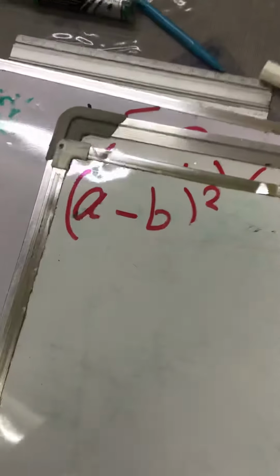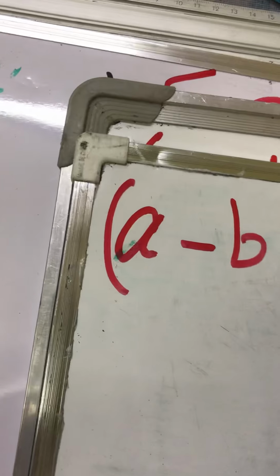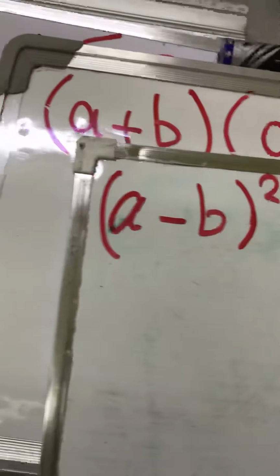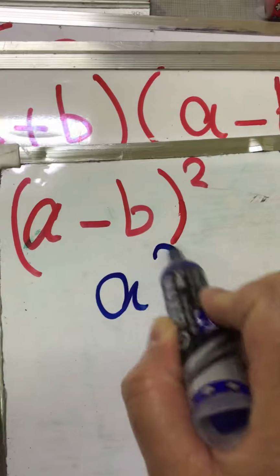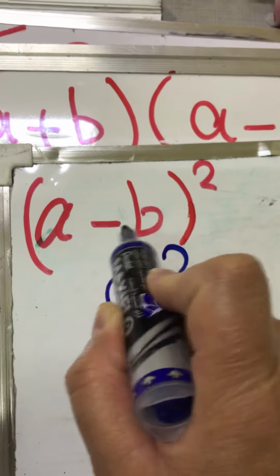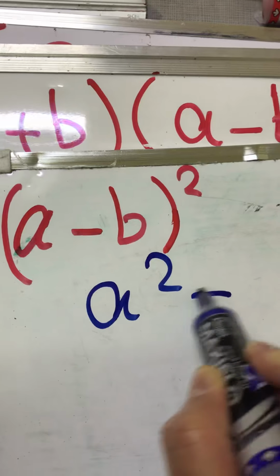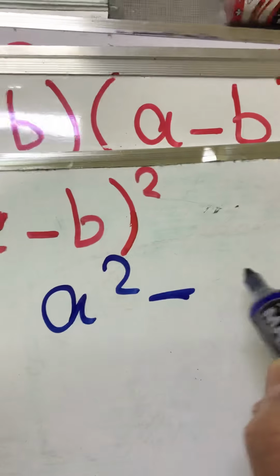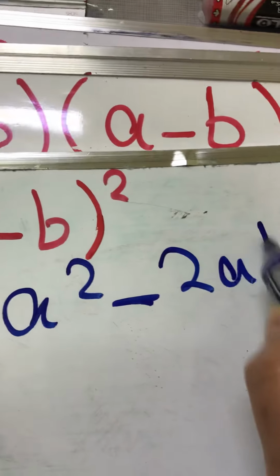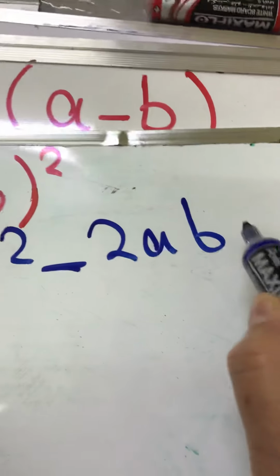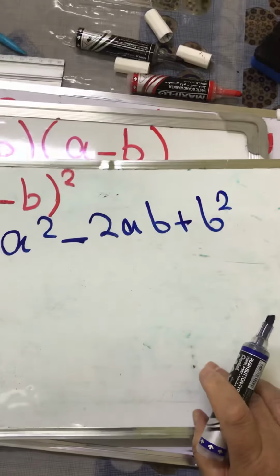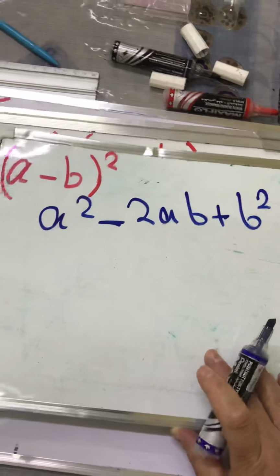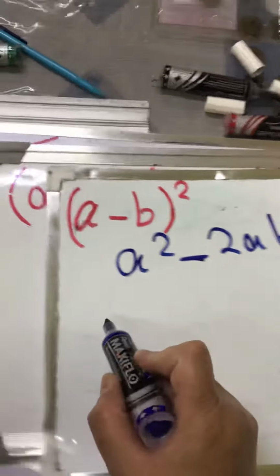And also, if I have (a minus b) square, I prefer to do it like this. The first square, the sign of the middle like the sign you see here, minus 2 multiply a multiply b, so it will be 2ab, and the third term must be positive, so it will be b square. So it will be a square minus 2ab plus b square. Or you can make it